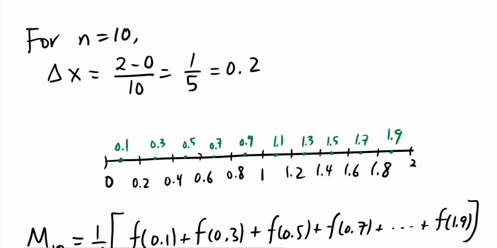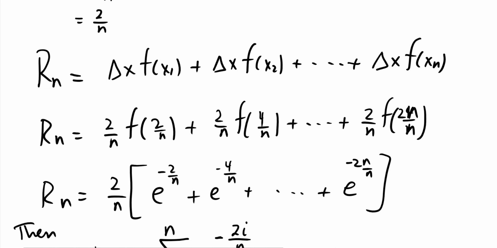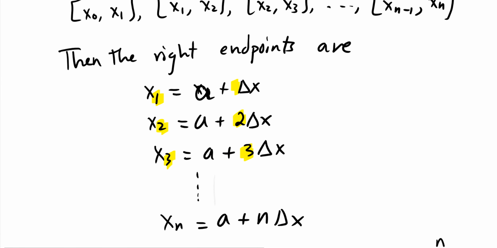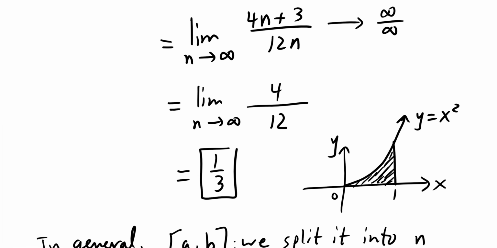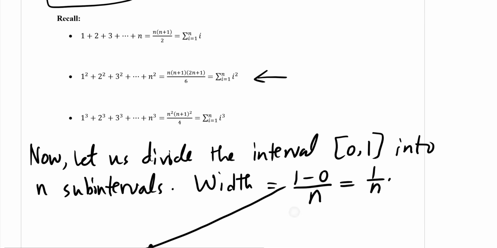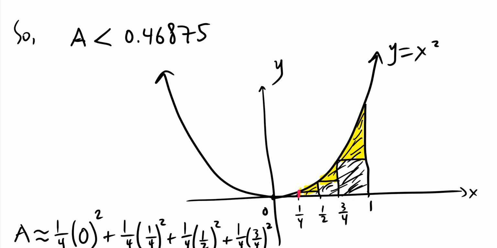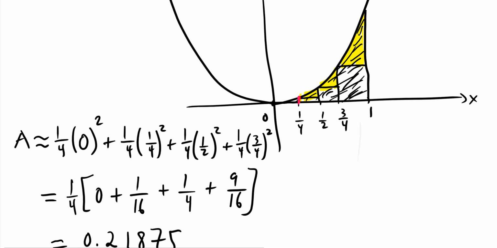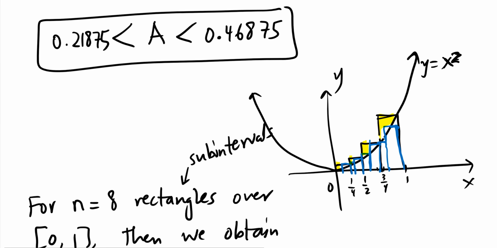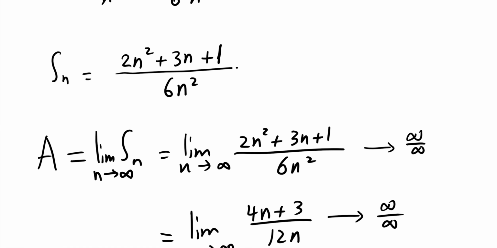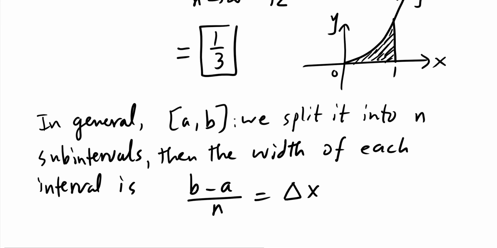So that's what this section is about. We started calling them Riemann sums. What Riemann did, he started with evaluating the area under the curve from the right side. That was the first thing we looked at. And then he tried the left side. And then after that, he tried to use midpoints, and he found that the midpoint is giving him a more and more accurate one. And then he thought about, okay, if I take it to n subintervals